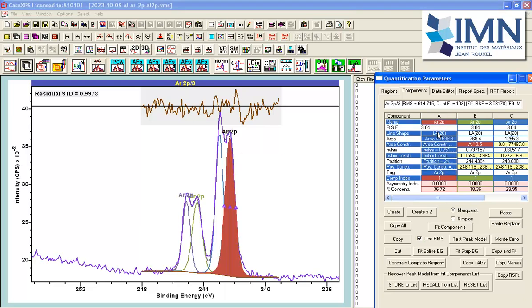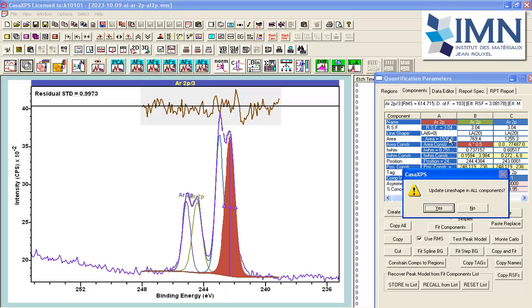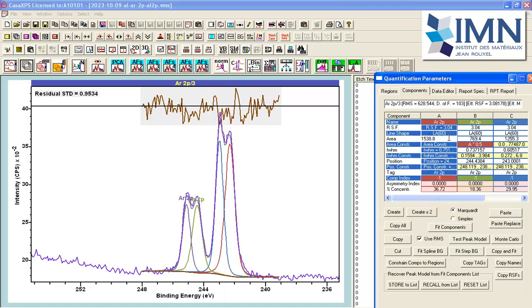So that might make me believe that I need to adjust my line shapes. And I perhaps take LA60 rather than LA20. LA20 is closer to a Gaussian, LA60 is closer to a Lorentzian. So let's try that in all of these peaks, and I can input the equal sign anywhere in the string and press return, and that will cause the line shape that I've entered to be transferred to all other line shapes in this list of components in the peak model. I get a dialog window saying exactly that: update line shapes in all components, yes,